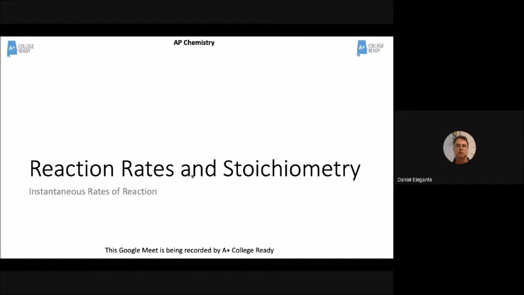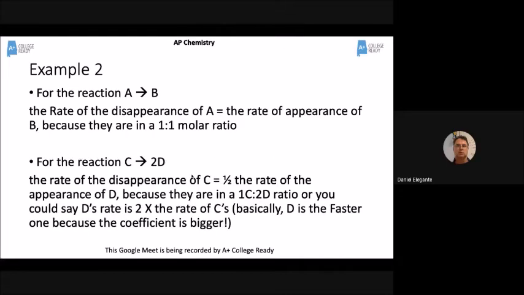Right? So let's look at the stoichiometry of things. A lot of y'all are going to look at a question like this on the AP exam and freeze because you're going to think, oh, how do I do this? This is the stoichiometry you did in pre-AP or just regular chemistry. It's the stoichiometry you did in Unit 1. It's not hard, right? So if you look at example 2 up here, for every 1A that goes away, you